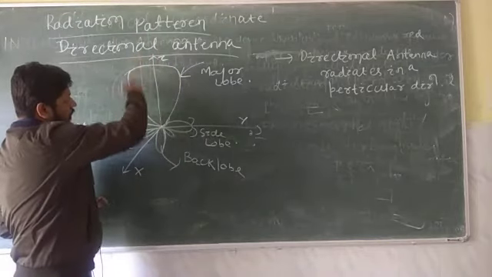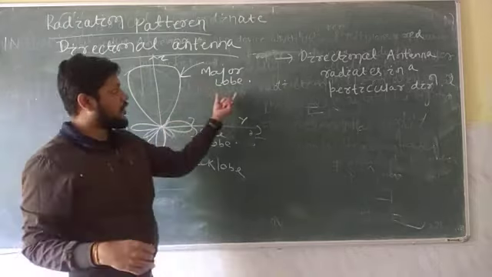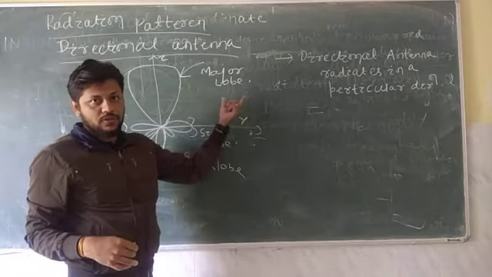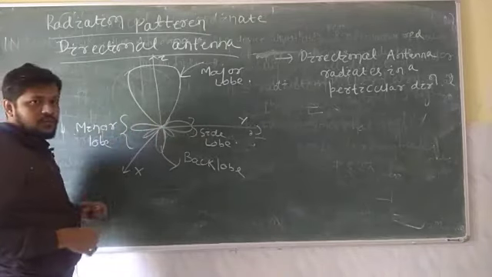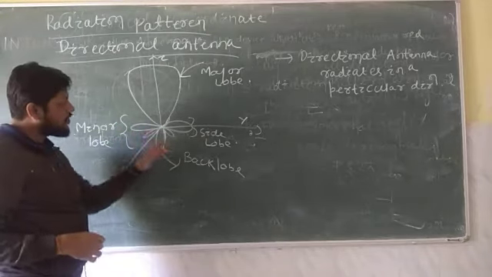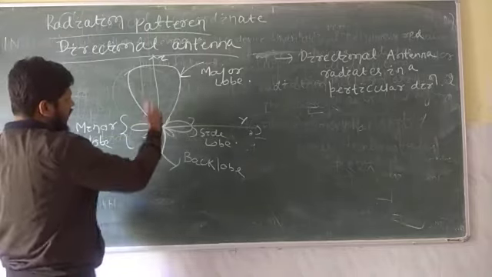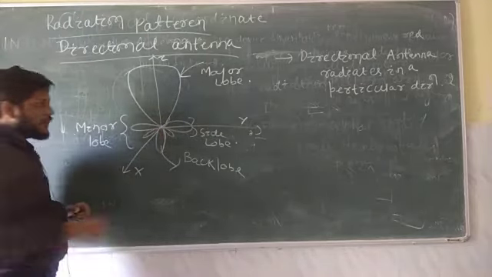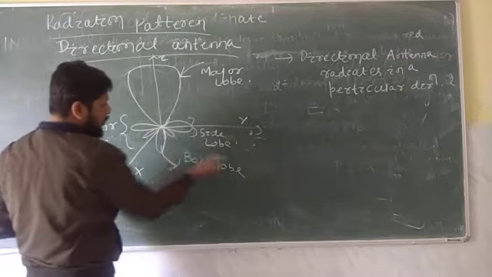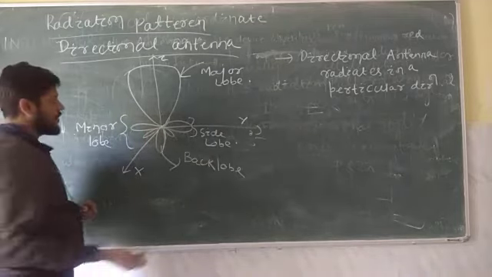This radiation, the highest power direction, is known as your major lobe. In all other directions, we can see the lobes are very small as compared to this major lobe. That means this antenna radiates in the Z direction. We can similarly take a particular antenna where the radiation will be in the Y direction, or a particular antenna where the radiation will be in the X direction.